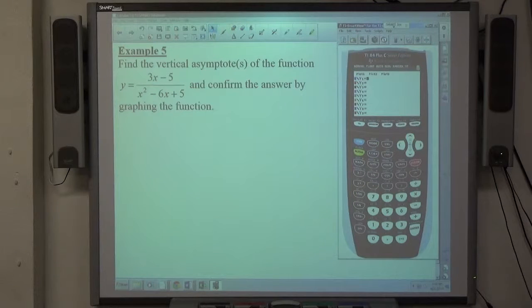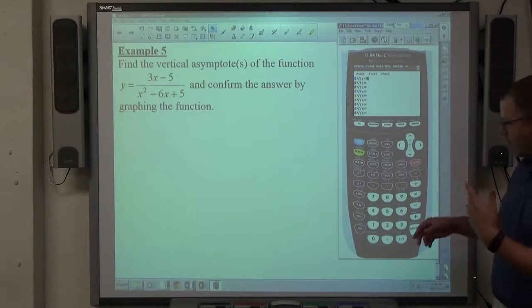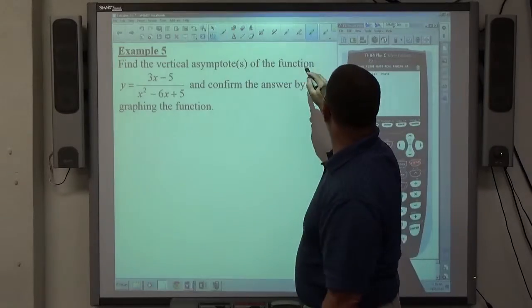All right, example 5 says find the vertical asymptotes of the function y equals (3x minus 5) over (x squared minus 6x plus 5) and confirm the answer by graphing the function. So a vertical asymptote is created when the denominator of a rational function equals 0 and the numerator doesn't. All right? So if my directions are specifically to find vertical asymptotes,